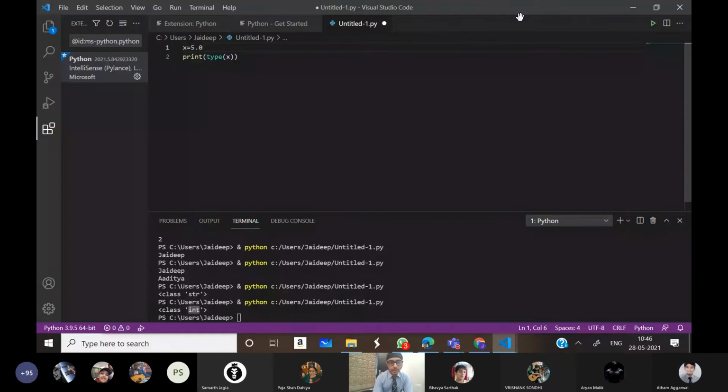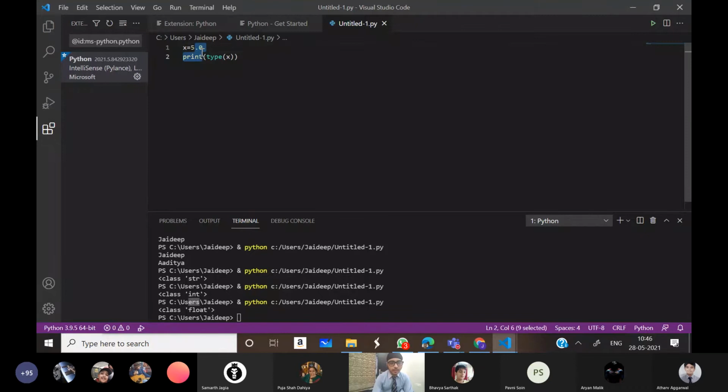If we write 5.0, it's a float because there is a point, as you can see, so it changes into a float type variable. And if we use an apostrophe mark here, it will say it's a string because we have used an apostrophe mark.